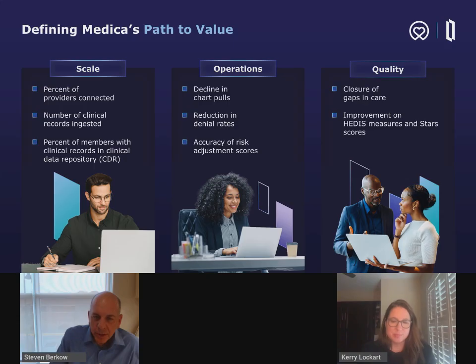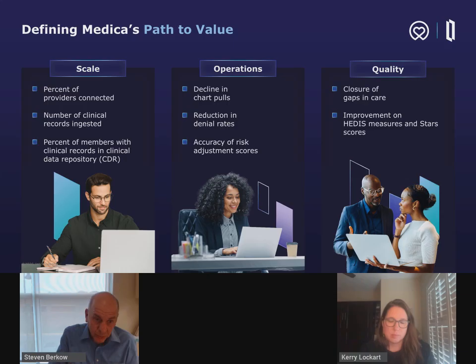Yeah, and I just want to share, Carrie shared some data with you looking back. I want to share what Medica identified as their strategic measures of success going forward, and on this call we are using them to really hold us accountable as well. It's a long list. In light of time, I'm not going to go through each one. Instead, I just want to call out two things about this list.